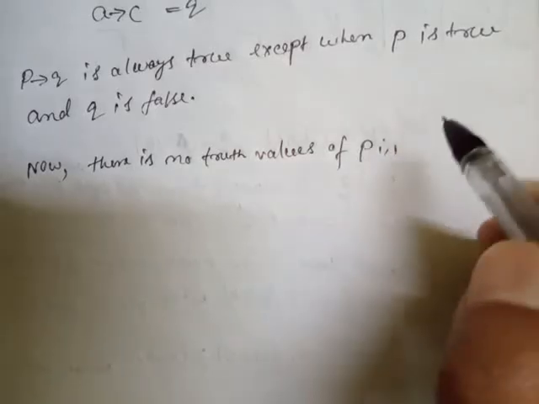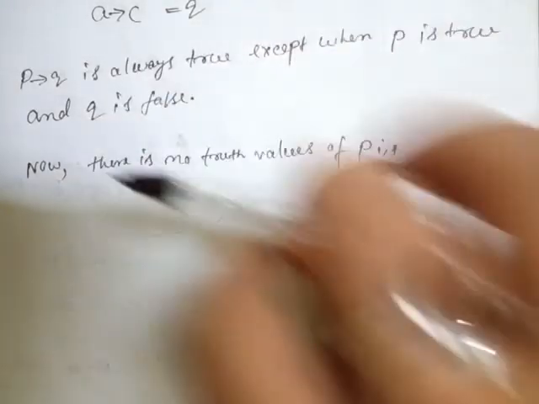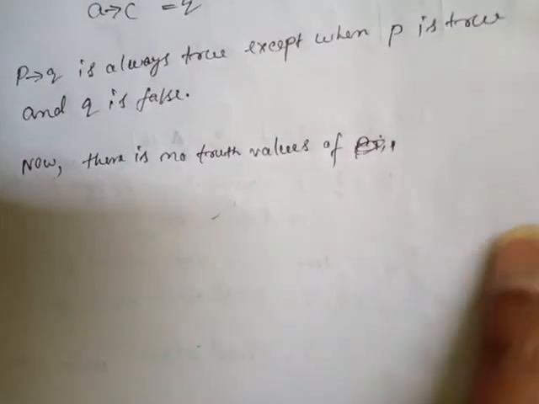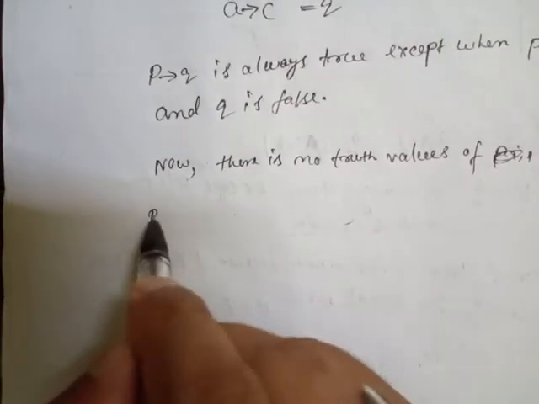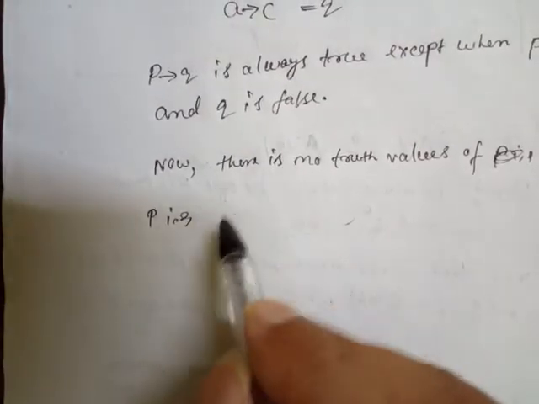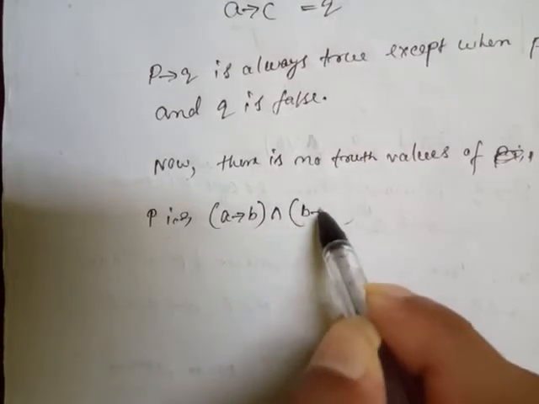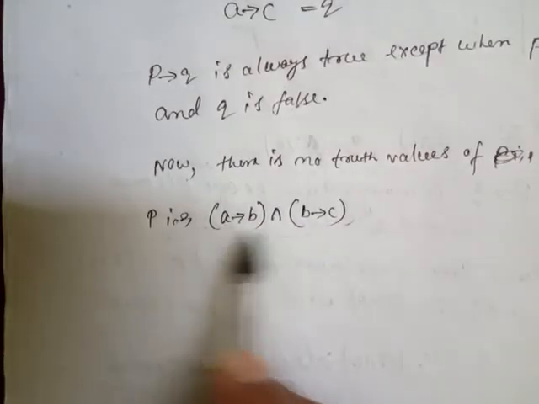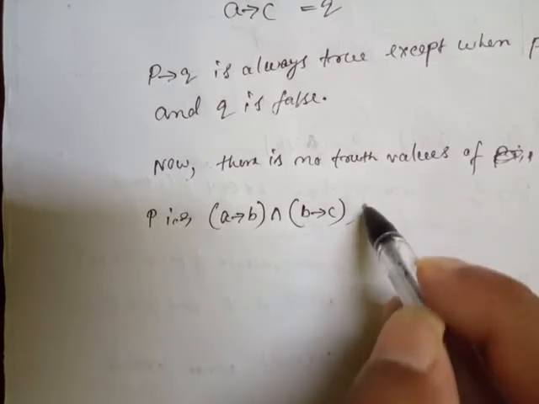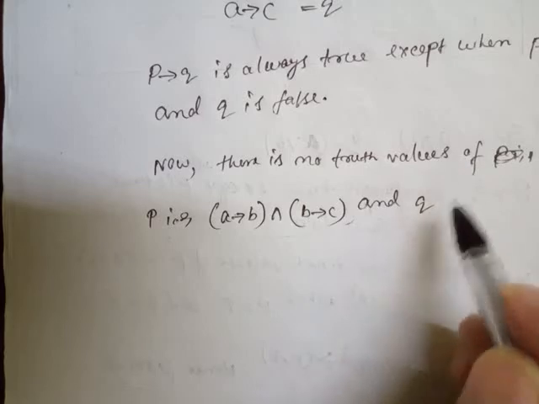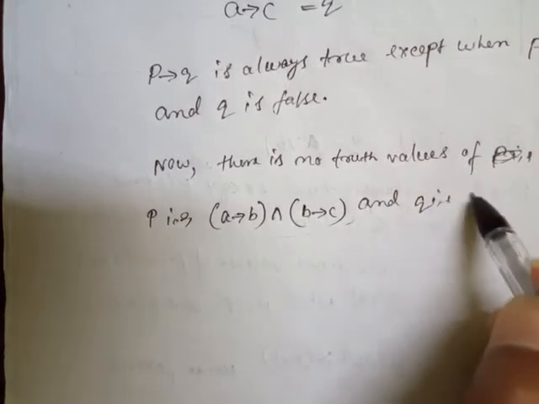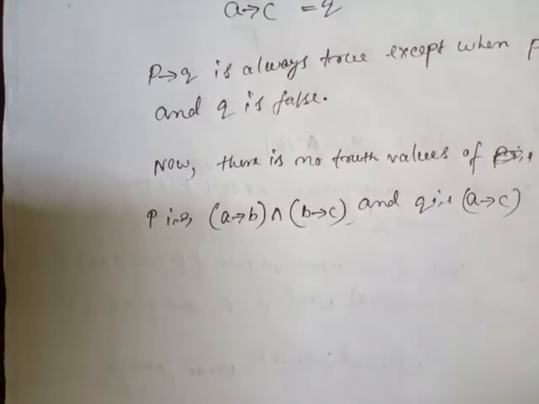P is A implication B conjunction B implication C. This is what we have taken as P, and the value of Q, what is the Q we have taken here? Q is taken here as A implication C. This is the value of Q we have taken here,